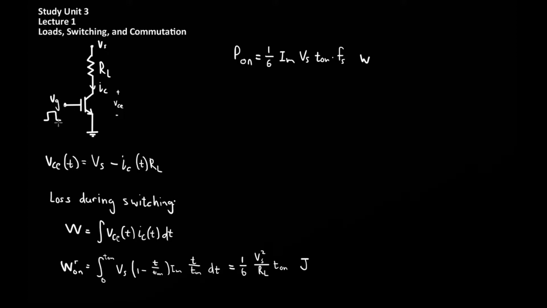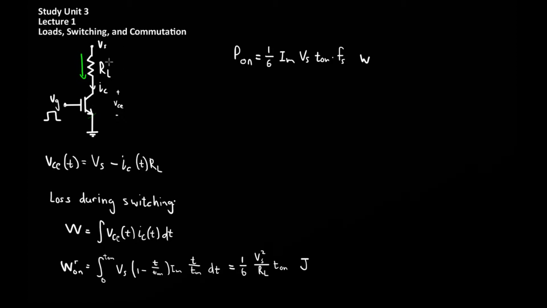Two load types that will be focused on are purely resistive loads and inductive loads, although purely resistive loads are incredibly rare. Shown here is a simple switch with a simple resistive load at the collector of the transistor. The gate of the transistor is driven by a simple square wave pulse. When the gate is turned on, the transistor will start to conduct and current will be sourced through the load